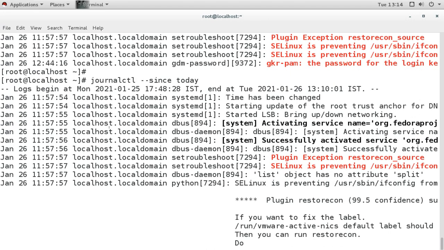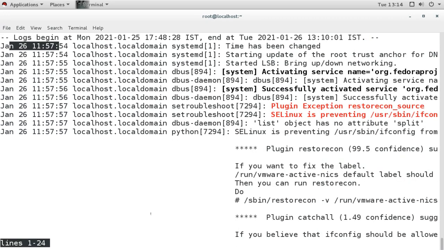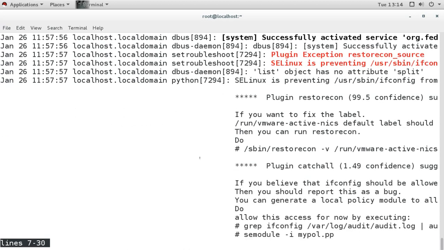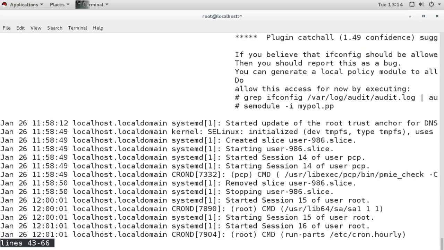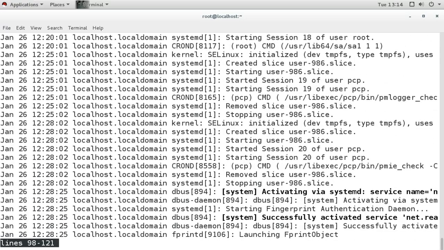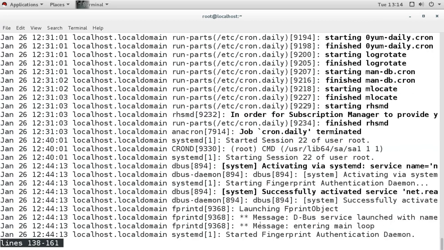You can see only for 26 January till 26 January. So it shows only the logs of 26 January, as you can see.